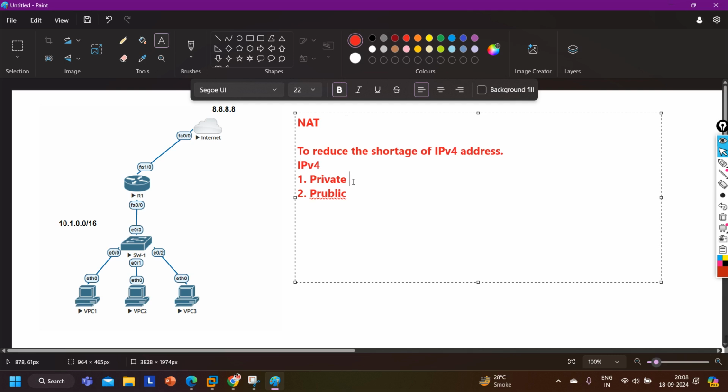The first difference is that a private IP address is reusable, meaning I can use 10.1.1.0 and you can also use 10.1.1.0/24.